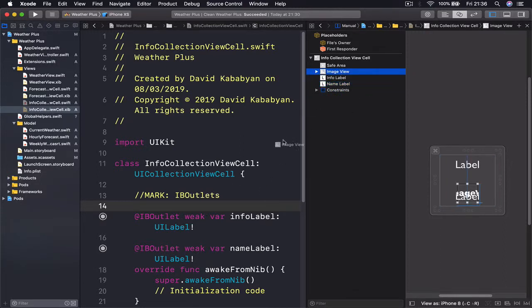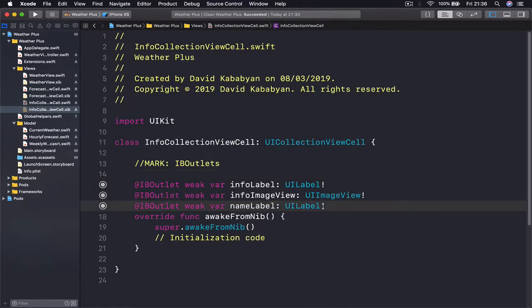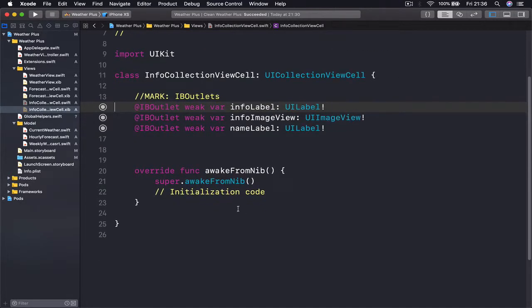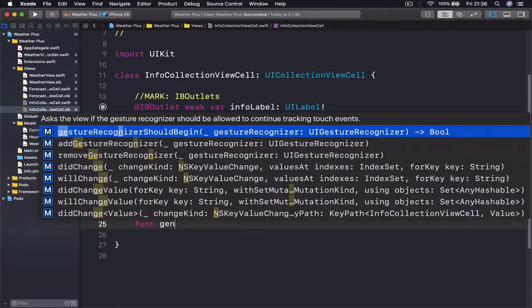Let's control drag, and this is gonna be info image view. All right, and we can close our assistant editor. We have our 3 labels here, 2 labels and 1 image view, and we have also awake from nib, which we are not going to touch, but instead I'm going to create a function like we did earlier with our forecast collection view. So I'm going to say func generate